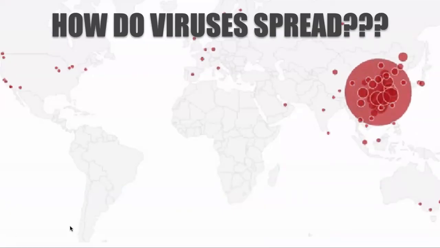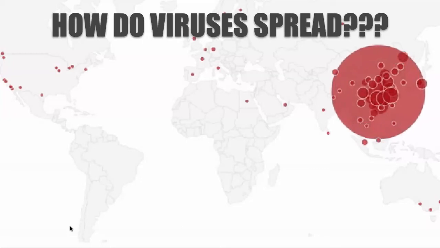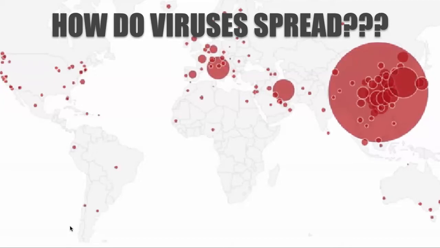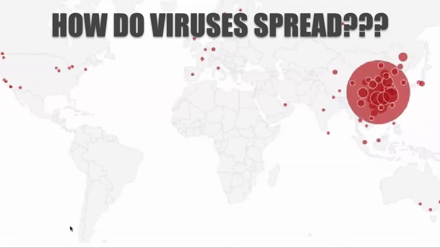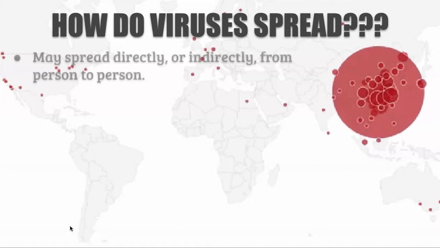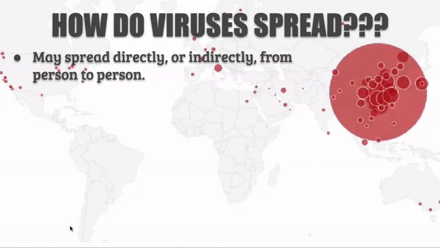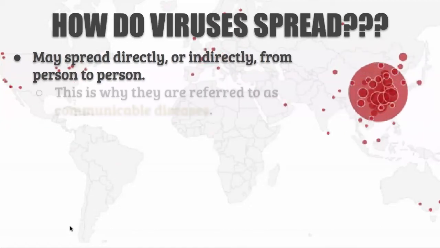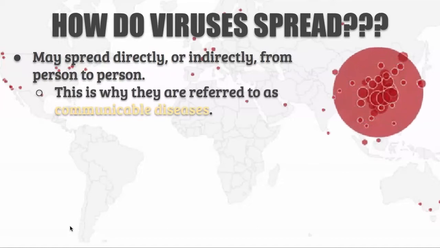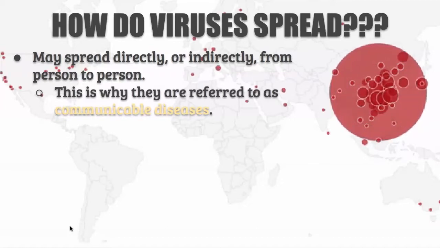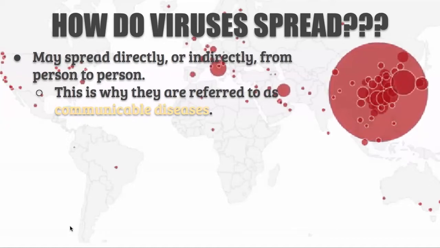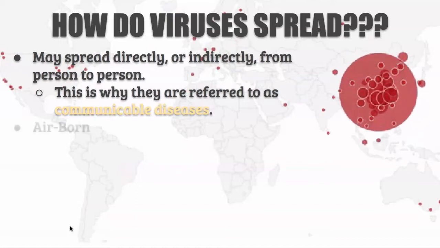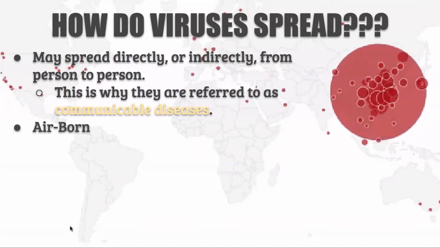Before we end, I just want to talk about how these viruses spread. We talked about how they can spread from species to species if they mutate, but how do we get to these proportions like we've seen this year with COVID-19? First of all, it's going to spread either directly or indirectly from person to person. When this happens, like with COVID-19, we call it a communicable disease. In other words, each person is coming into contact like a community, and hence communicable diseases. This can be through airborne transmission, like COVID-19.